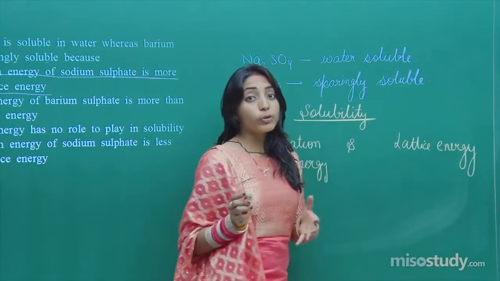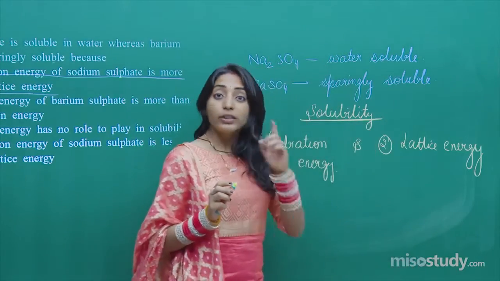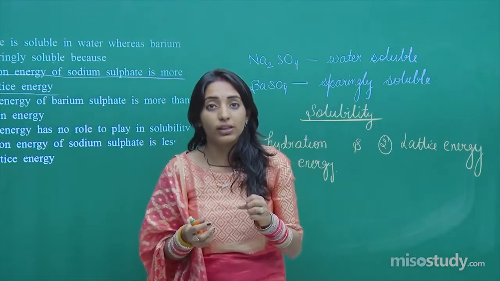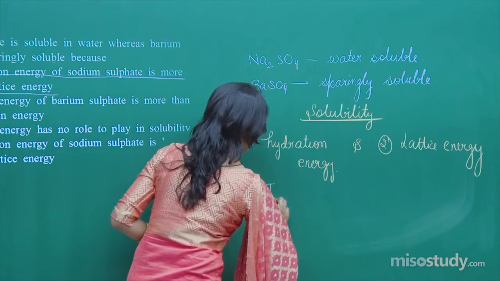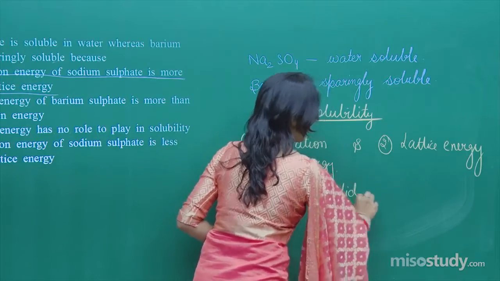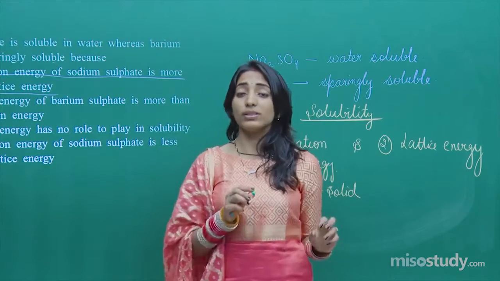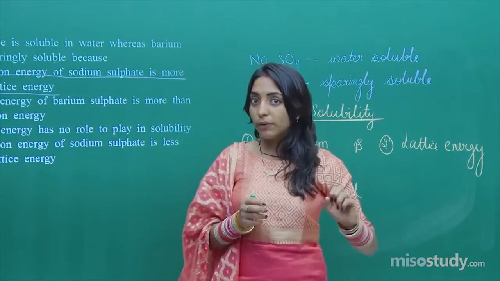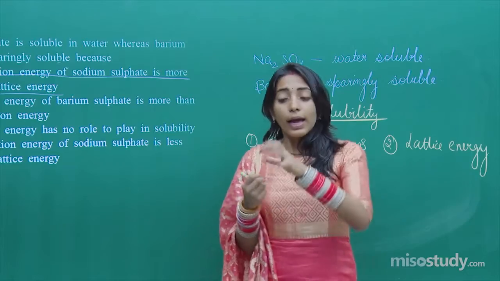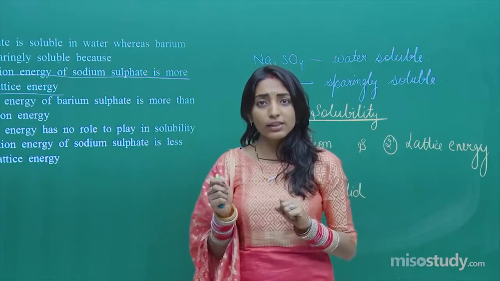Right? So there will be a competition between these two. There will be a competition between the hydration energy and the second one, which is lattice energy. So see, if the ionic compound is having a high value of lattice energy, that means that particular ionic compound would love to remain in the solid state. Right? However, just imagine the situation when an ionic compound is getting dissolved in water. Then the ions will be formed, and if the ions will be formed, they will be attracting lots of water molecules towards themselves. And when lots of water molecules will be attracted, then you can say energy will be released. This is what is hydration energy, right?